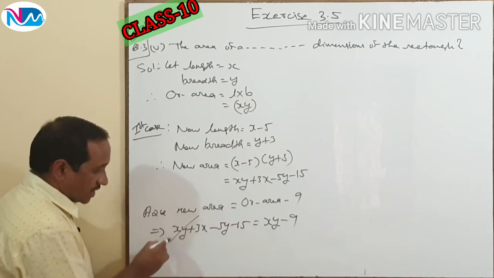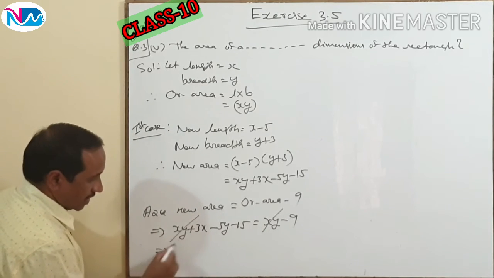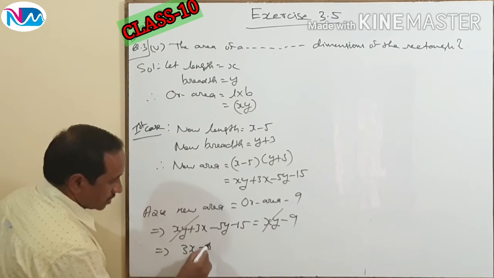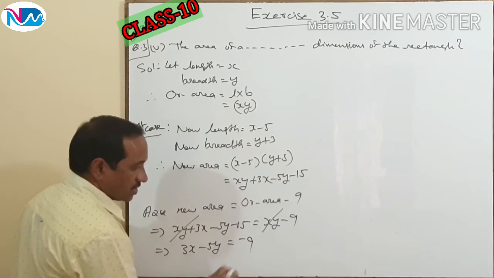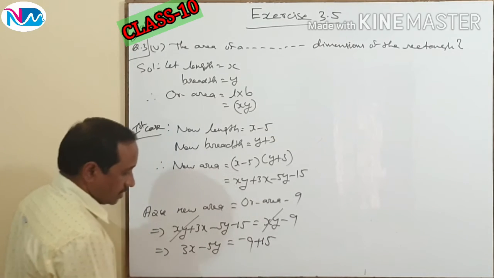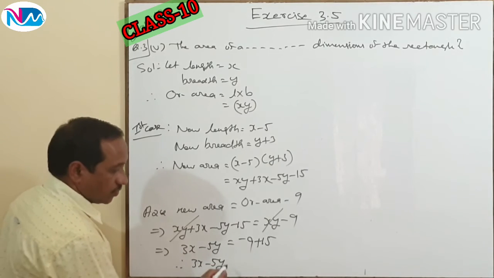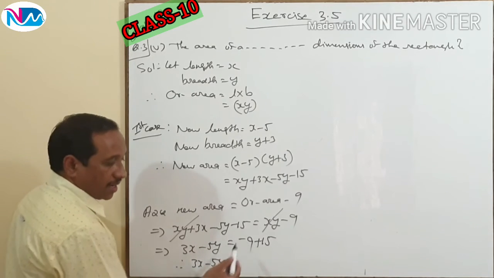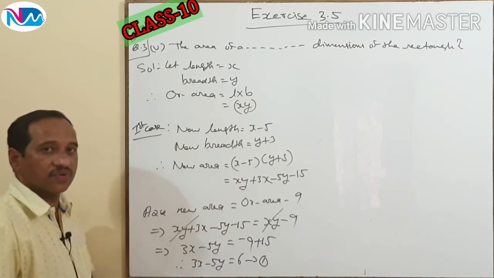From both sides xy will be cancelled, and we have 3x minus 5y is equal to minus 9. Minus 15 will go as plus 15. Therefore, we are getting 3x minus 5y is equal to minus 9 plus 15, which is 6,